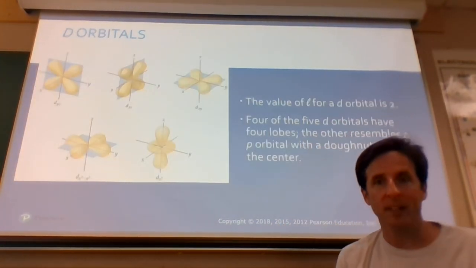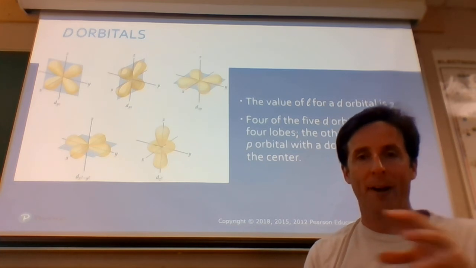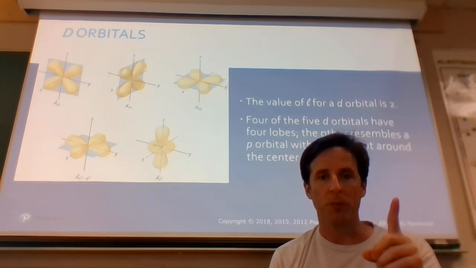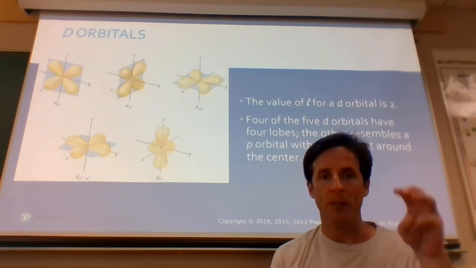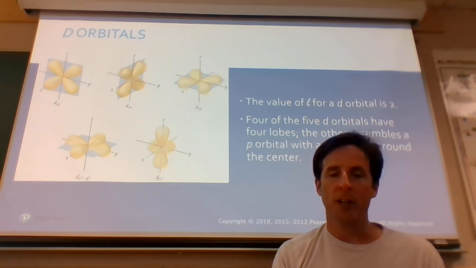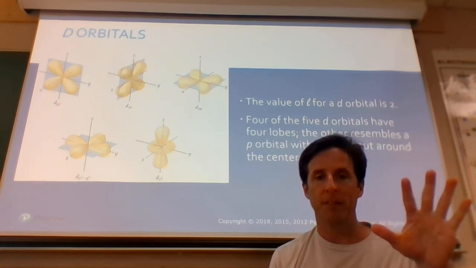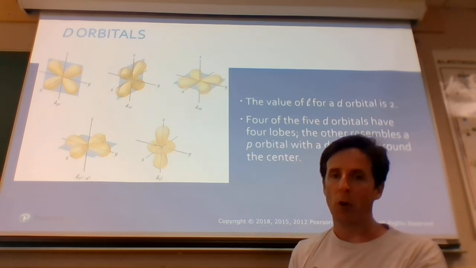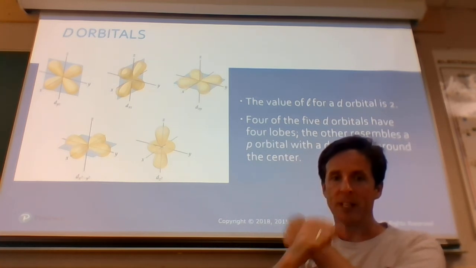Our next set, and again the mathematical, there's a pattern. S orbitals in each shell, I only get 1 s orbital. When I get p orbitals, I always get 3 of them. The next type of orbital are d orbitals, and they always come as a set of 5. So I get 5 d orbitals. They look a little bit like the p orbitals, but it's just that we're doubling them. Instead of having one